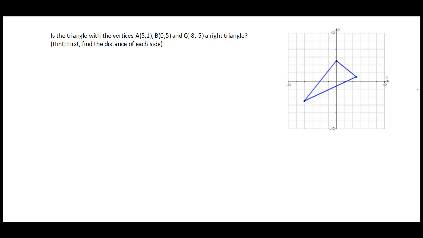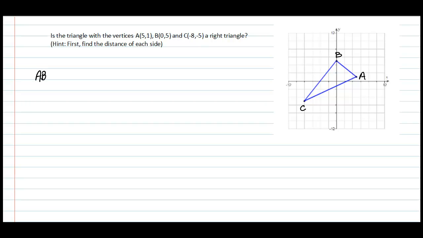Is the triangle with the vertices A (5, 1), B (0, 5), and C (-8, -5) a right triangle? Hint: first find the distance of each side. The distance between A and B, using the ordered pairs A (5, 1) and B (0, 5),